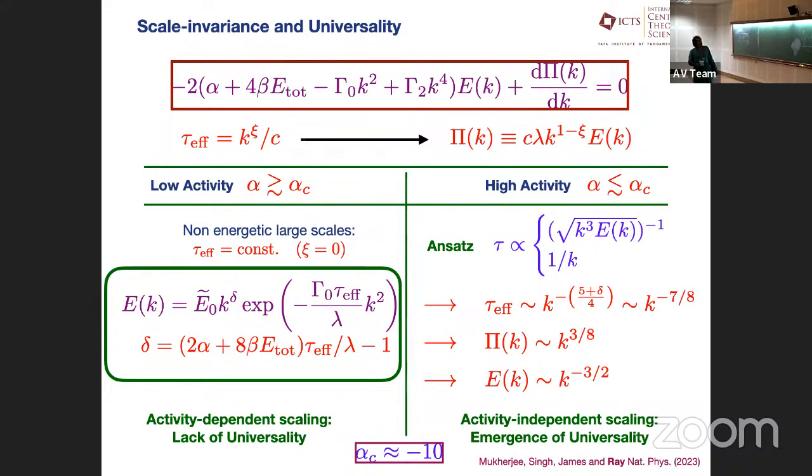Theoretically, we predict from the equations that the transition happens at alpha c equal to minus 10. Why minus 10 comes out from the algebra. At this point, it's good to recall that Bratanov-Jenko's results were for alpha far away from alpha c, so there is nothing inconsistent with their results.